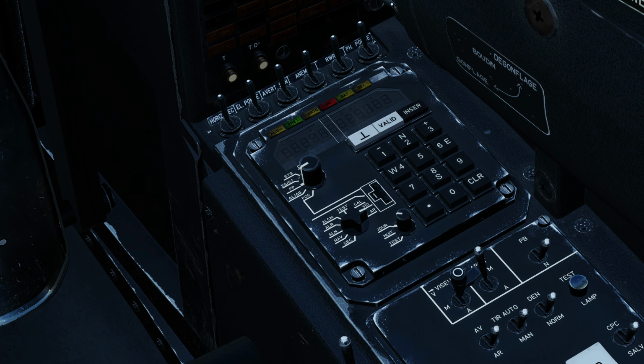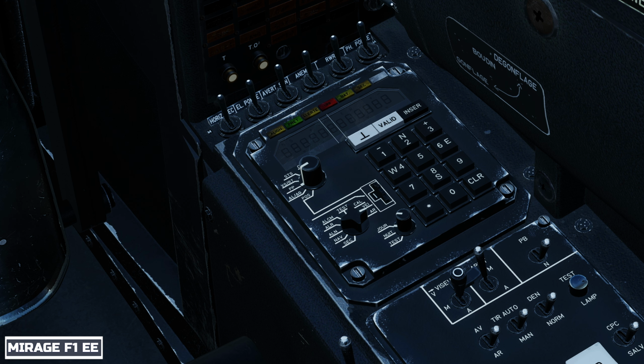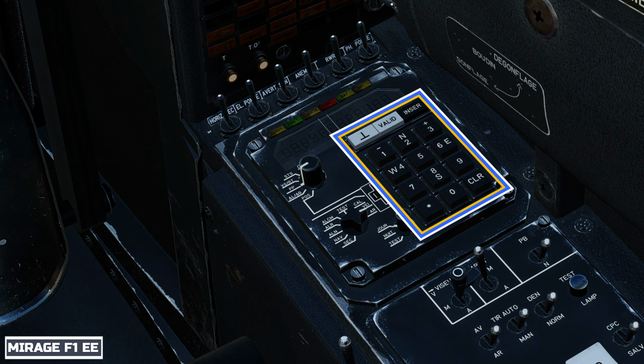First, let us look at the PCN, or Poste de Commande Navigation, the panel used for controlling the inertial navigation system. The PCN panel is fairly typical of early INS controls. It consists of a 7-segment display which shows various parameters, a bank of indicator lights which tell us what the INS is currently doing, a typical alphanumeric keypad and associated function buttons for inputting information,